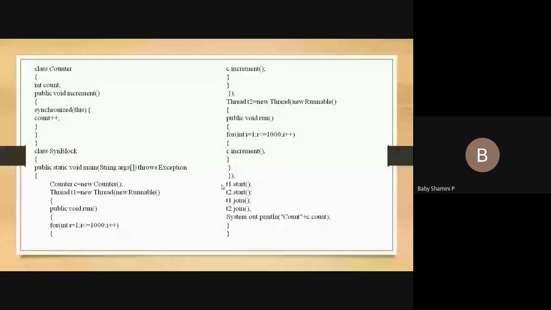First I'm going to start the thread, that is thread 1. Thread 1 starts its execution. Then it implicitly calls the run method which is present inside our thread T1 class. Okay, this T1 dot